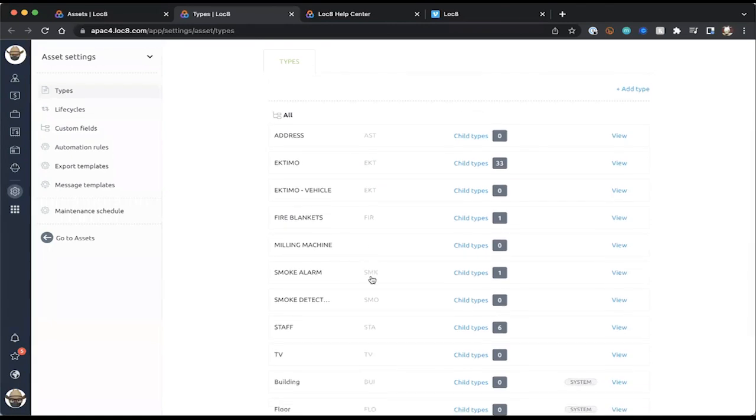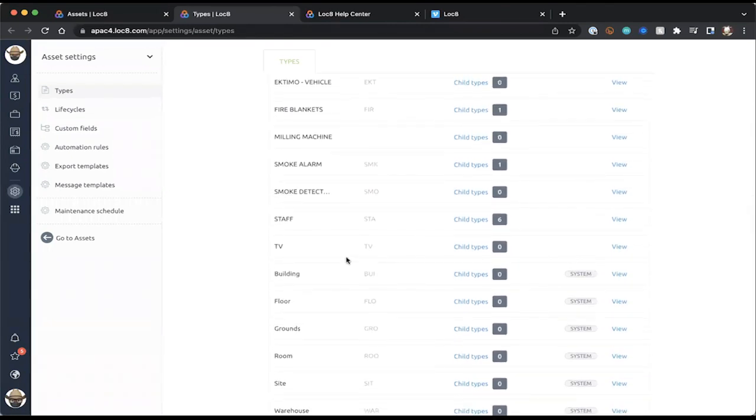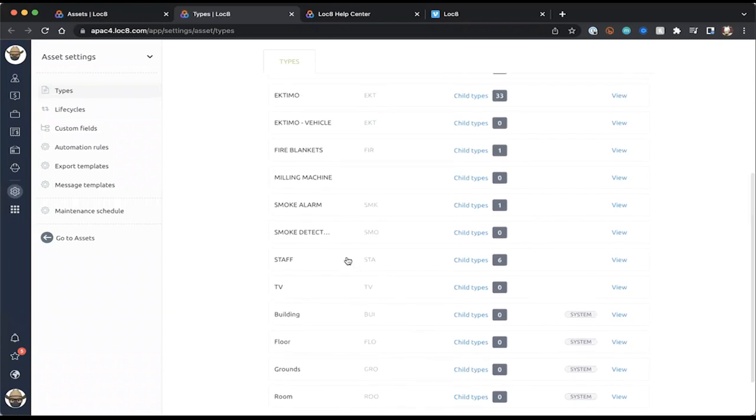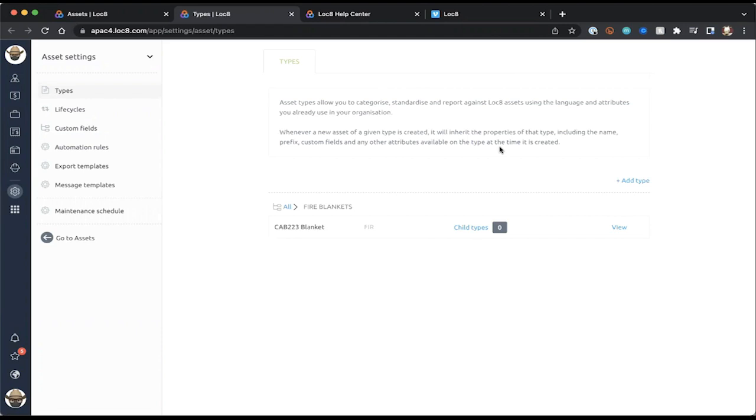Now, you can create very, very simple asset types, and this list that we're looking at here is a great example of that. I can create a very flat structure. I can have a smoke alarm asset type, or a smoke detector, or a fire blanket asset type. But I can also create what we refer to as child asset types. There are a number of reasons why you would do that, but one of the many is that the classification using an asset type called a CAB 223 blanket, as opposed to just a fire blanket,